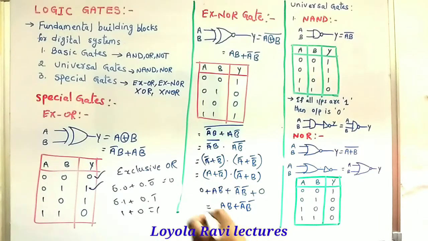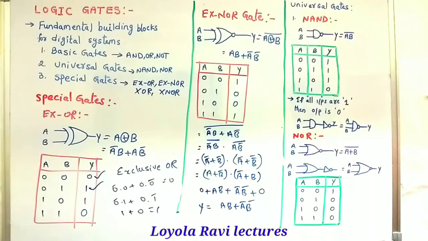That is the simplification for XNOR gate. By using De Morgan's law, we have simplified that. Then we'll get AB plus A bar B bar. Okay, of course in the Boolean laws we'll see all the laws including De Morgan's laws. Okay, just remember A XOR B whole bar. That's enough for this topic.